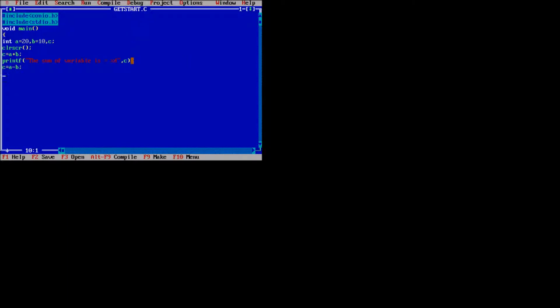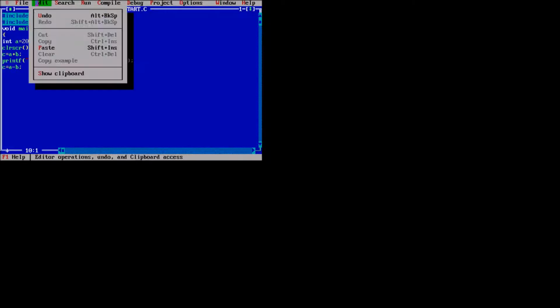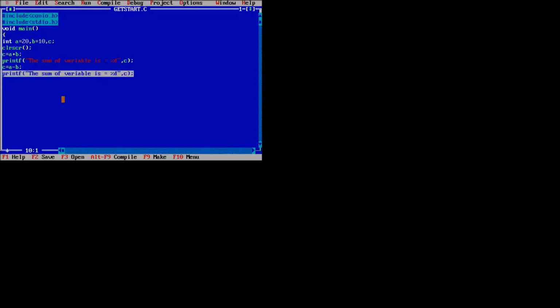C equals a minus b. Paste it here, same line, using the edit menu bar button. C equals a minus b, that means a is 20 minus 10, the result is 10. Now c equals a star b, it means a multiplied by b. Paste it here.